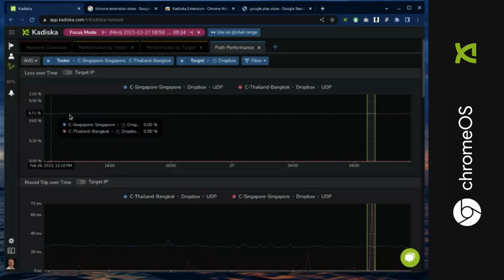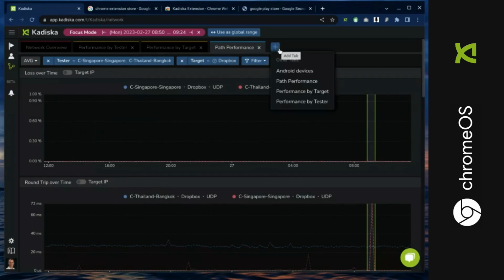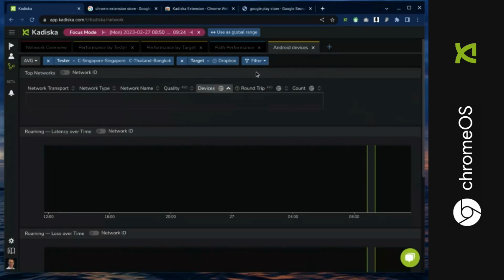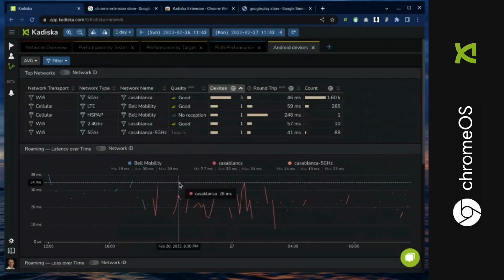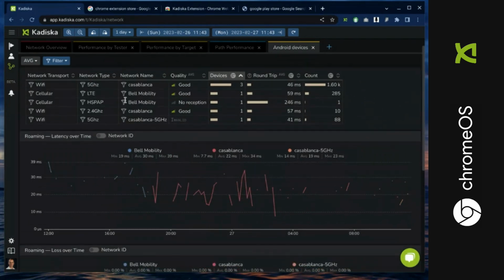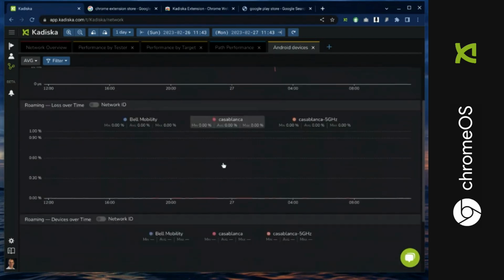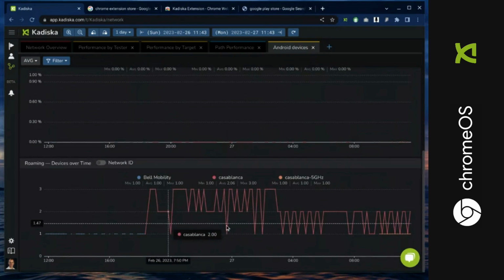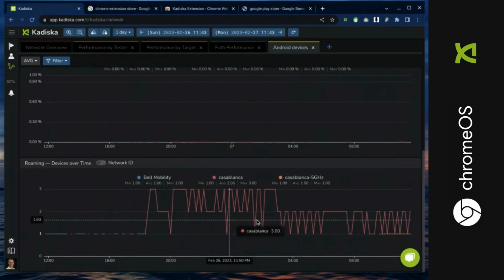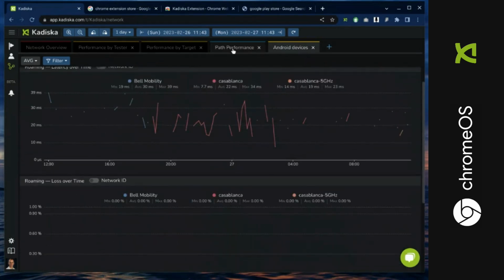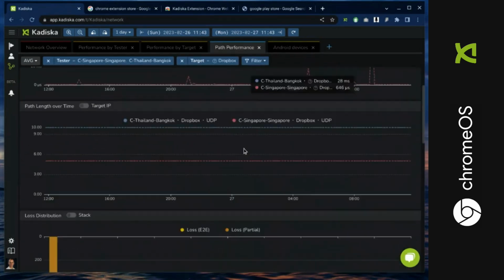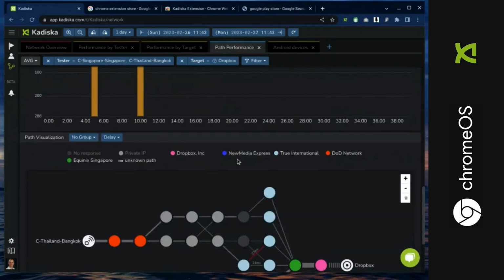That's something you'd go back over here, and you can actually see your Android devices, and your Chromebook will show up as an Android device, and it'll also show you all the tests that were happening from that Android device. You can see directly the tests from these different endpoints. And so we have some Android phones in this location, also have the Chromebook, and you could isolate it down to an individual device if you need to and understand how it's connecting through Wi-Fi, and then its ability to trace through the network like I showed you if you want to get into this kind of level of detail where you want to understand where the path was that might have been impacting